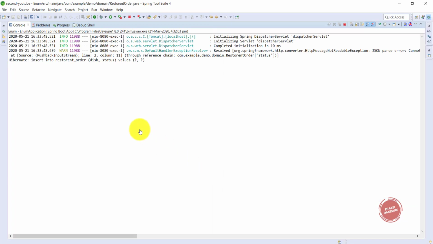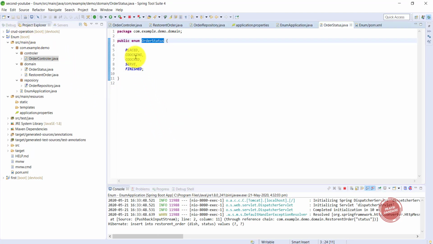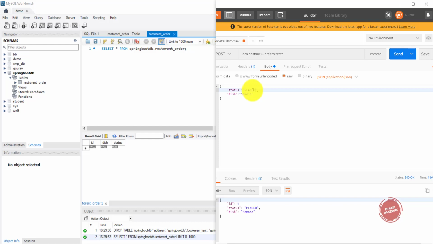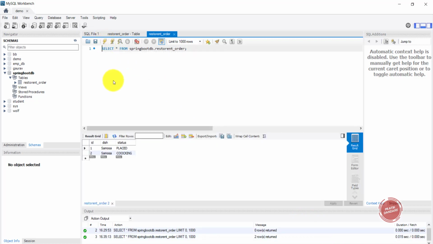I am again changing the sequence of it, meaning our order gets placed, and after that I am again going to change the enum status to cooking, cooked. It's again saved, and let's check the database to see what happened behind the scenes.